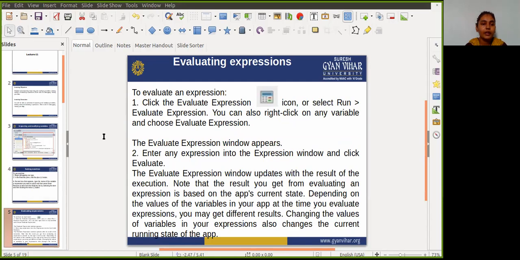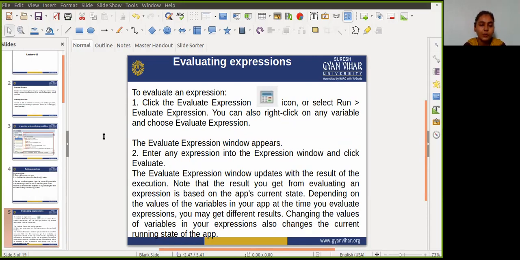Next is how we can evaluate expressions. Use evaluate expression to explore the state of variables and objects in your app, including calling methods of those objects.